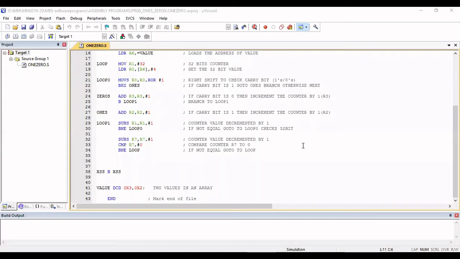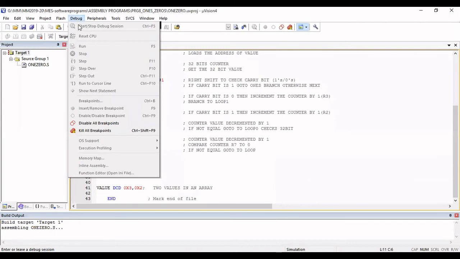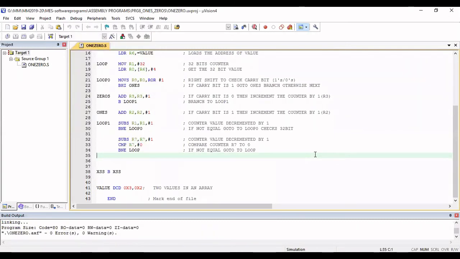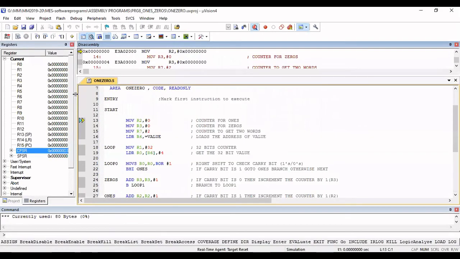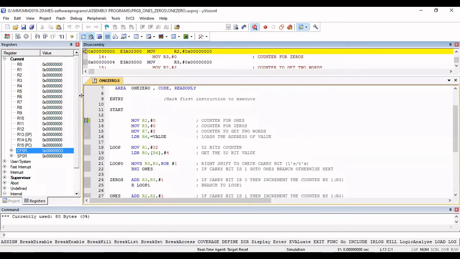I'll show this execution. Let me show for one number 32 times, how the step-by-step execution will be done.